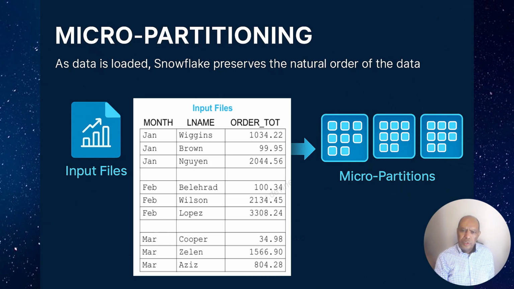Snowflake stores these rows in micro-partitions in this order. Why does this matter? Preserving the natural order helps Snowflake efficiently prune micro-partitions during queries. If you frequently filter by date or month, Snowflake can skip entire micro-partitions instead of scanning the whole table, dramatically